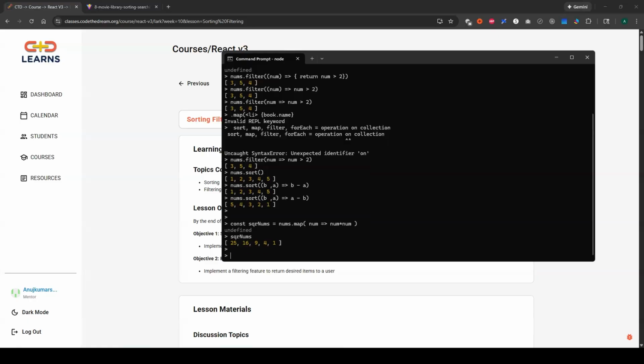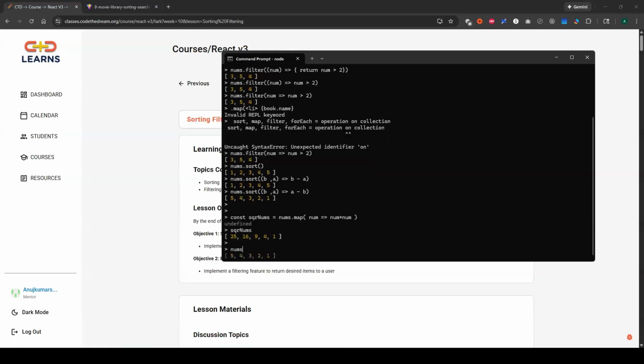For that we can say nums dot forEach. Now this function will give us each num, and optionally you can also get the index of this number. So two parameters you can receive, and you can say console.log